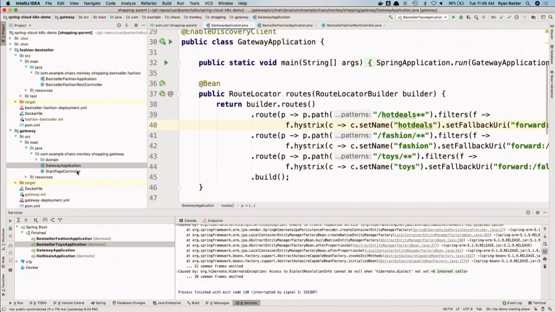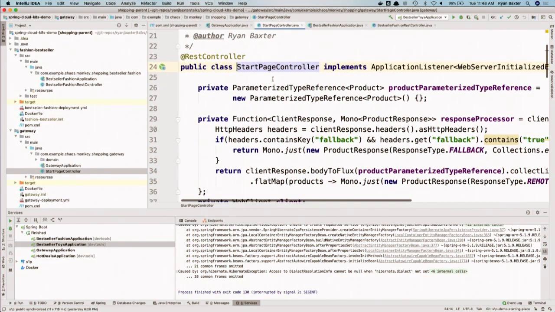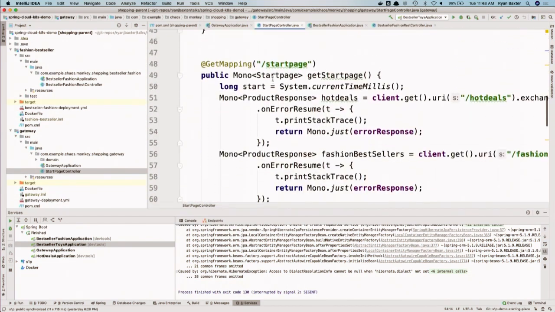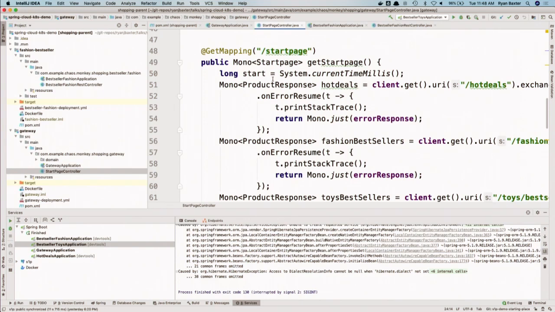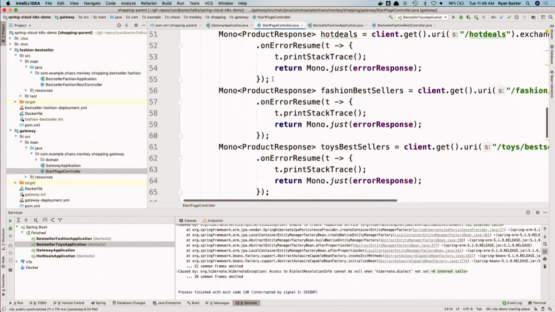And the gateway also contains its own endpoint here, called start page, which basically aggregates all the information from the other services together and returns it in one giant response for applications that might want everything in one response instead of having to query each service individually. Does that all make sense to everyone?